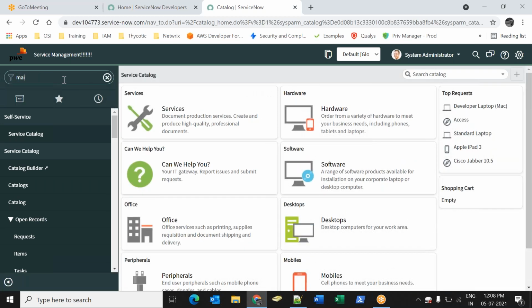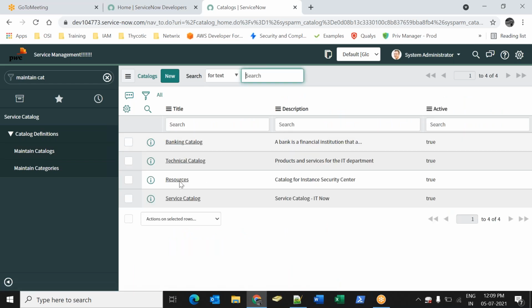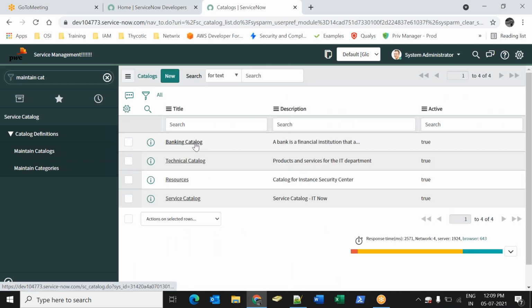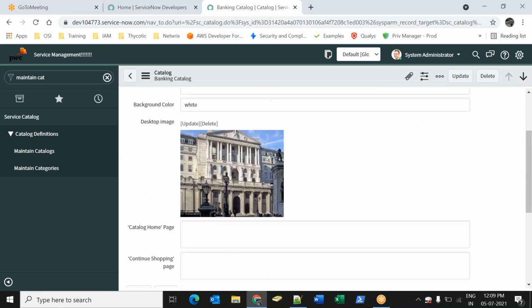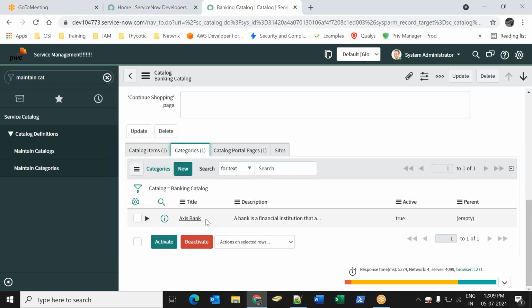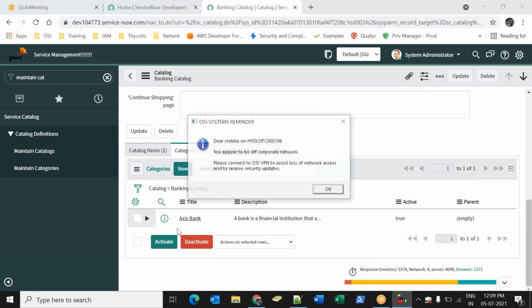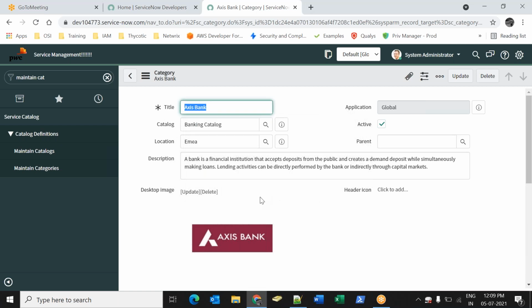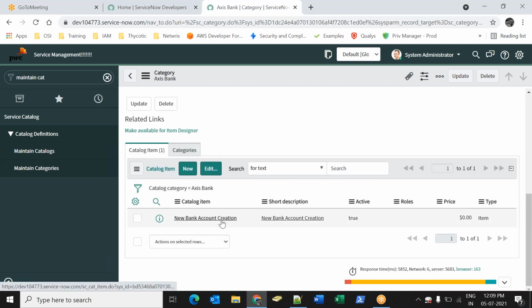Okay, so we go to maintain items, maintain catalog here. In the maintain catalog, if you go here, we have a banking catalog that has been created. In the banking catalog, we have this added image, and we went to catalog item. Here we created a category called Access Bank, and within the Access Bank, we have a new catalog item that has been built, which is new bank account